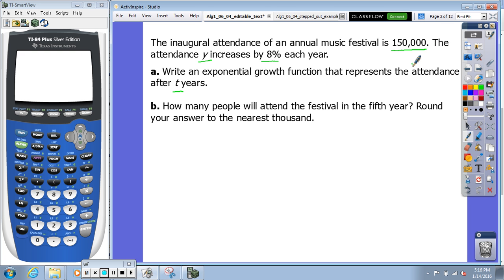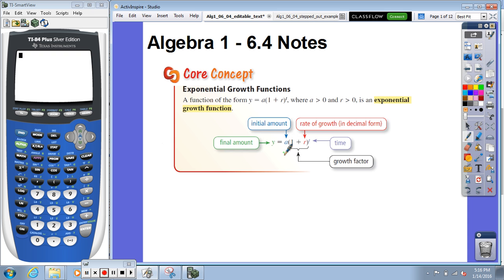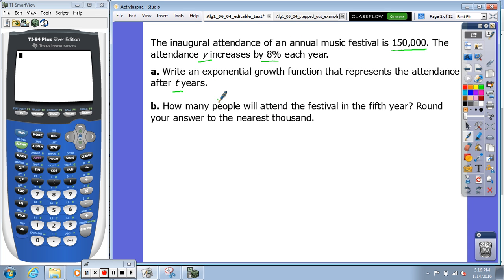So what we're going to do here is take the function we learned about right back here. So this function, y equals a times 1 plus r to the t, is what we're working with. So we have y equals a, and in parentheses 1 plus r to the t. So our initial value is the 150,000. So we're going to have y equals 150,000 times, now we need to figure out our rate, and we're going to do 1 plus